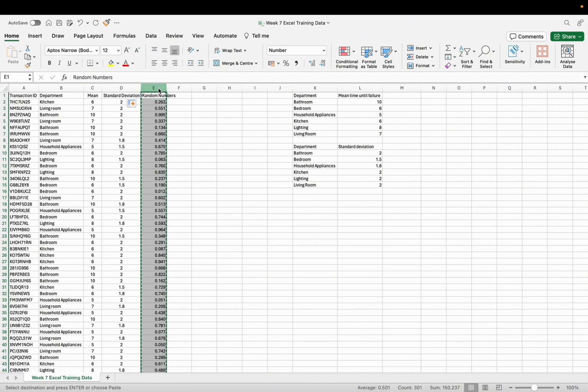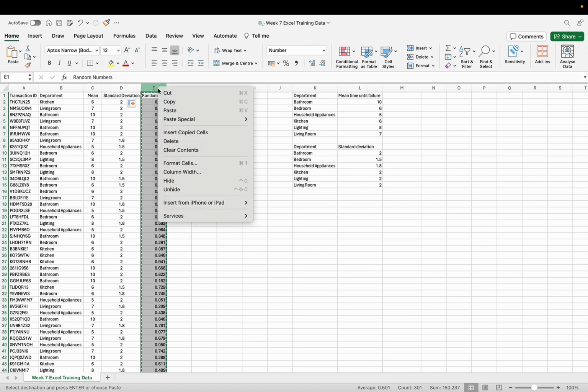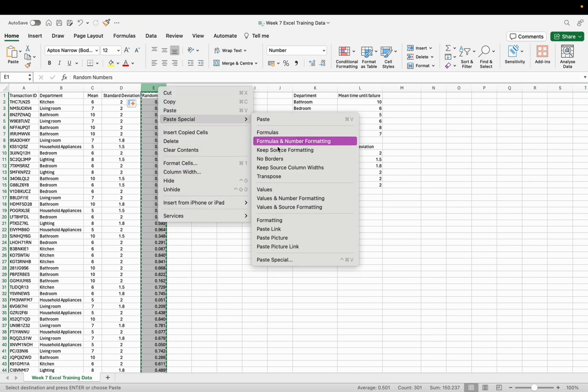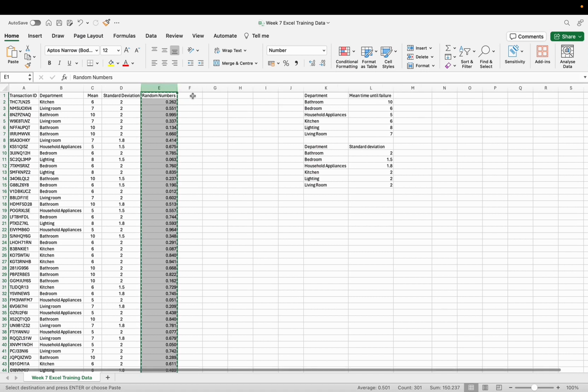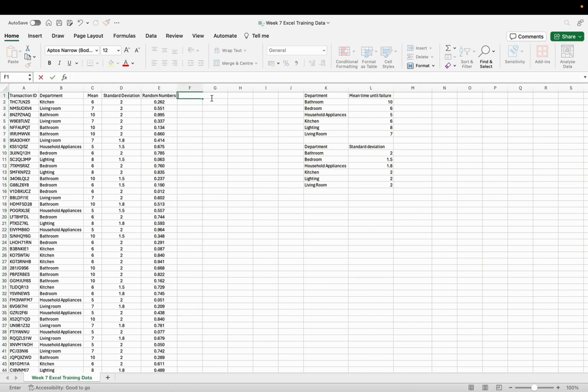And here I copied the whole random number column and pasted it as values, paste special into values, so that the value doesn't change every time I refresh the page. Then I placed in the new variable of simulated time until failure